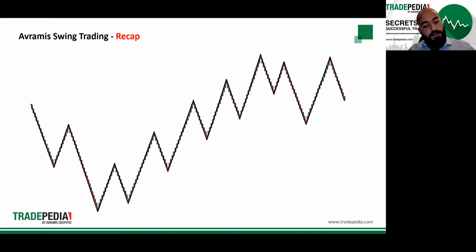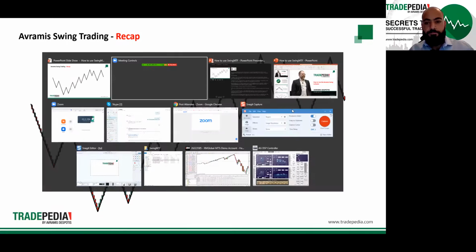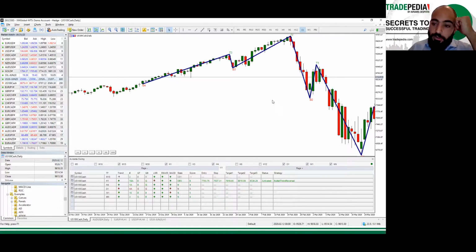Let's go and see a real example on our chart. So this is the indicator. After sending you the indicator by email, you will download it and insert it, and then as you can see, the blue line is automatically highlighting and drawing for me on top of the candles the correct tops and bottoms